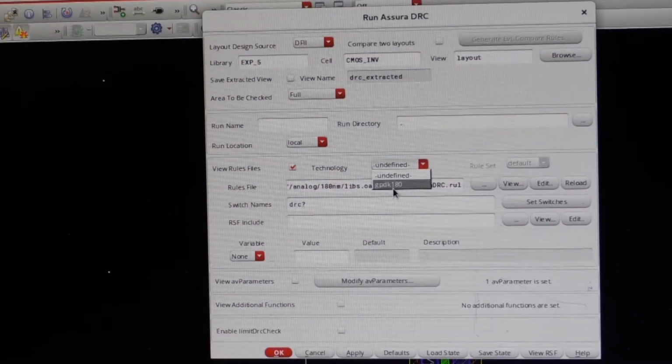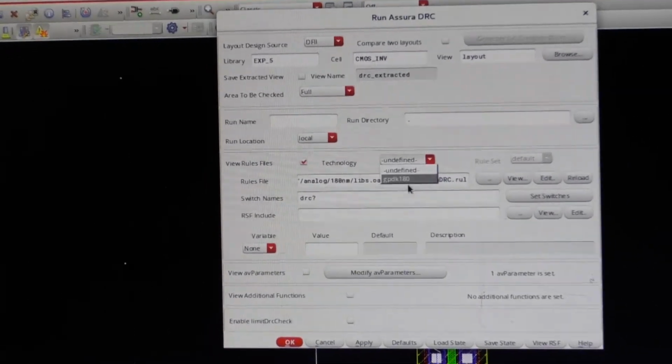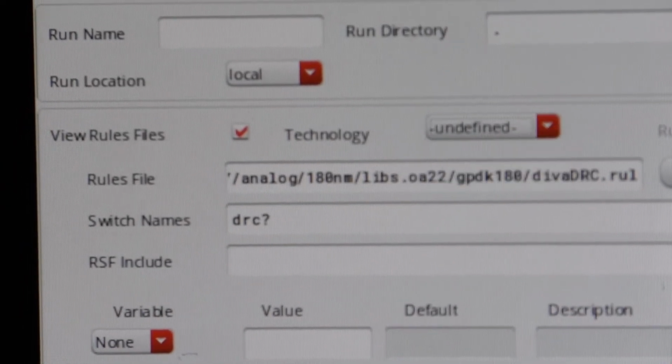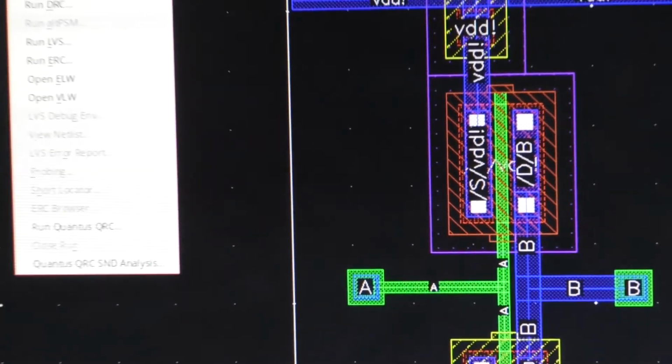Once we have chosen that path, in the DRC we can now see GPDK 180. Earlier we didn't see this one. That means the Assura technology, we have to assign that path.